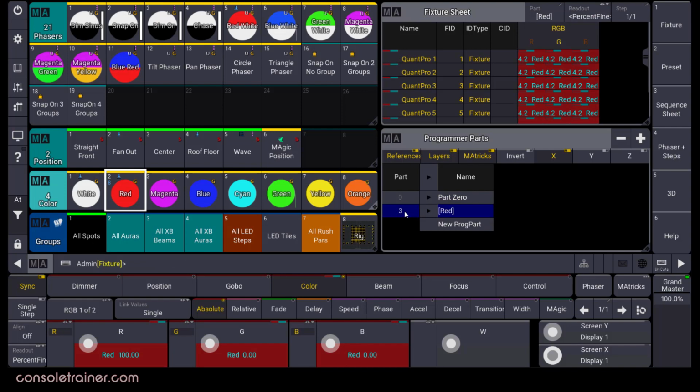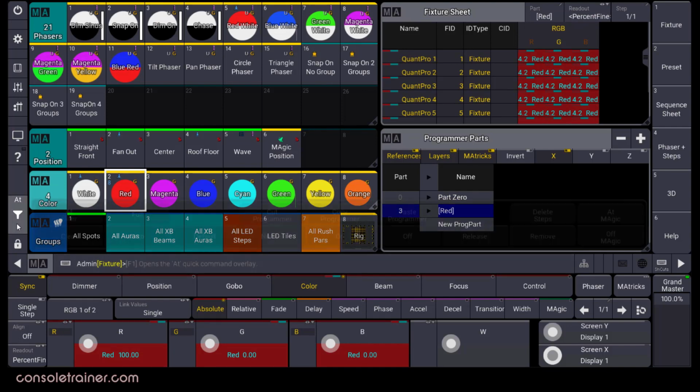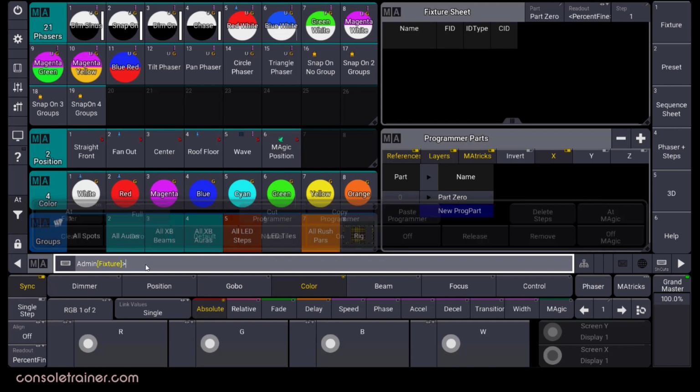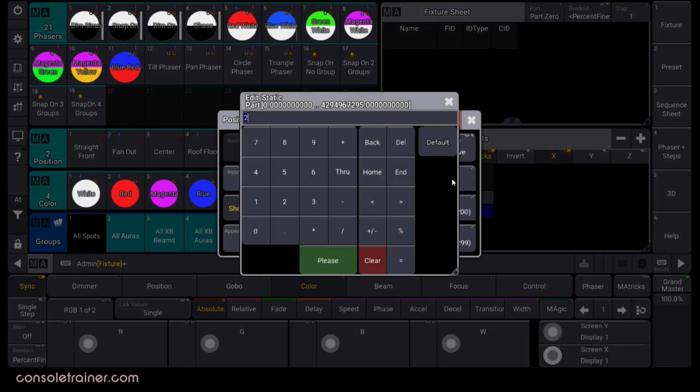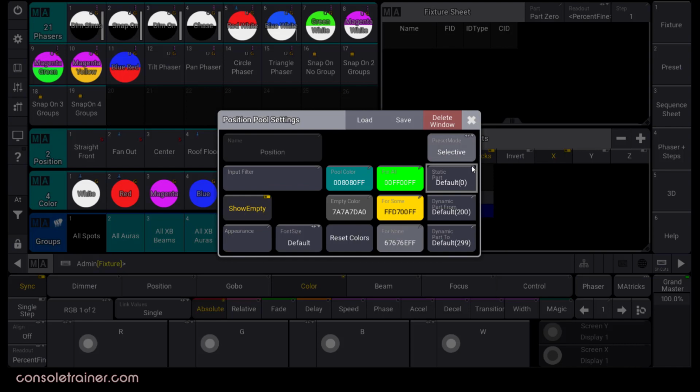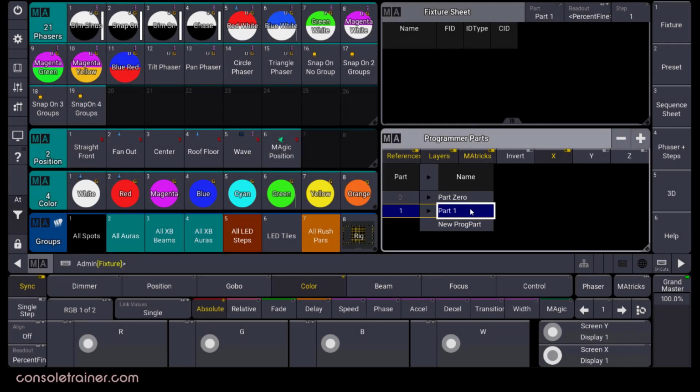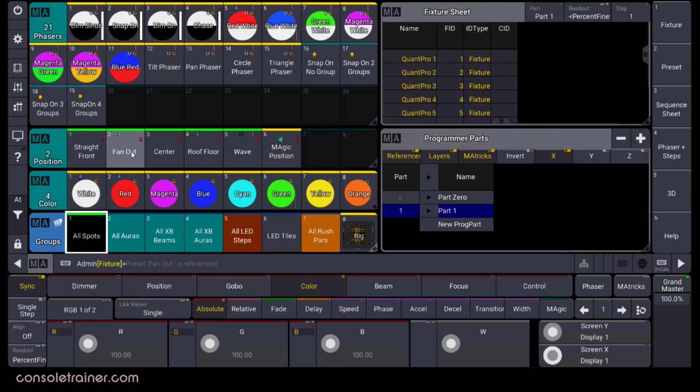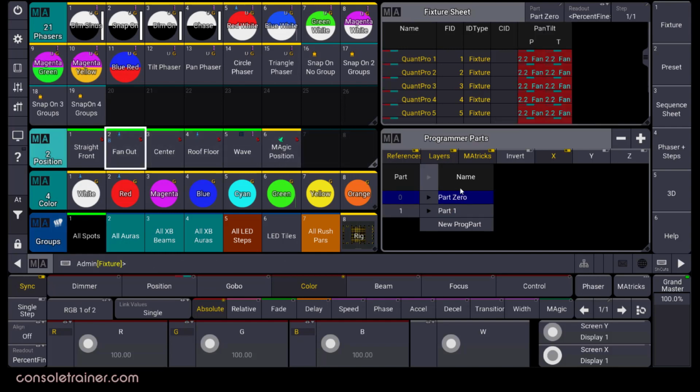And like I said before, you don't have to use part queues, but if you like them and you want to force different types of attributes into certain parts, this is a great way to do it. Now, my one complaint about this is that the default is specific to part 0. That means that even if you create a different part number in the programmer parts window and go into that part, as soon as you add that preset, it will ignore the part you were in and drop it in part 0. I think I'd prefer an additional option in the pool settings where you could say that you want the preset to drop into the currently selected part in your programmer. After that, we could still have an option for 0 or any other number that we like.